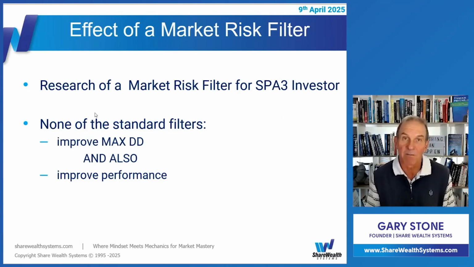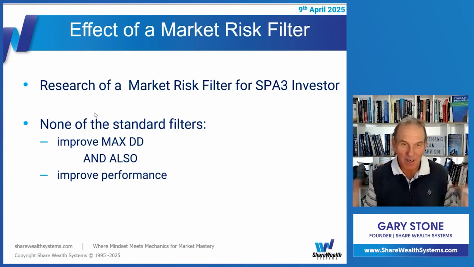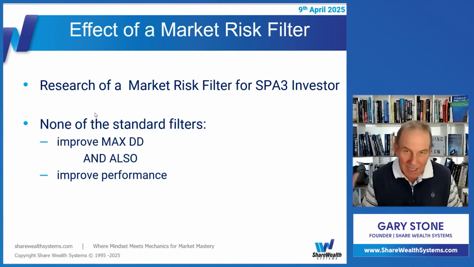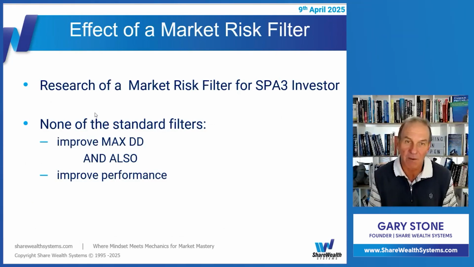The more degrees of freedom you have, i.e., fewer variables and fewer parameters, the more the system is freed up to go and do its thing. This is not only me; Larry Williams and plenty of people in these books over here have spoken about this. You want to maximize the degrees of freedom and minimize the variables, and that is what a filter does. So I'm going to show you some charts today.